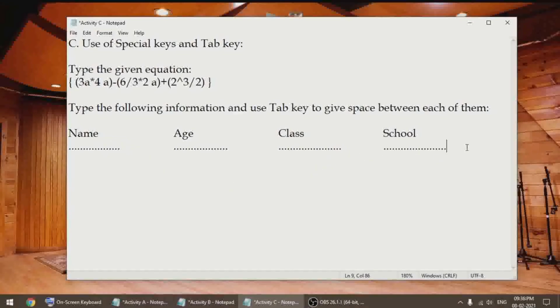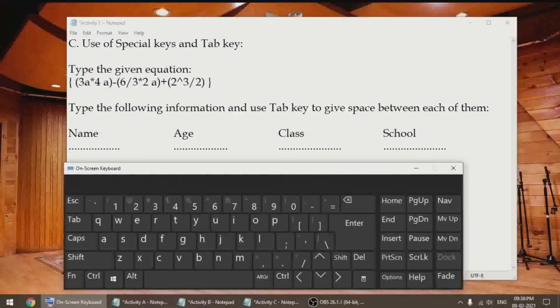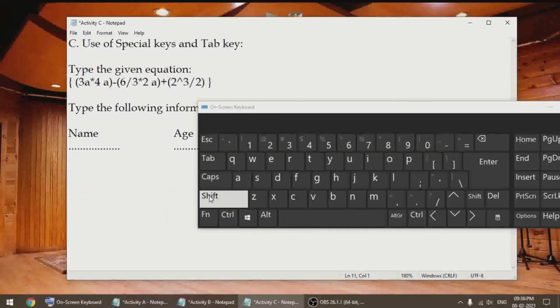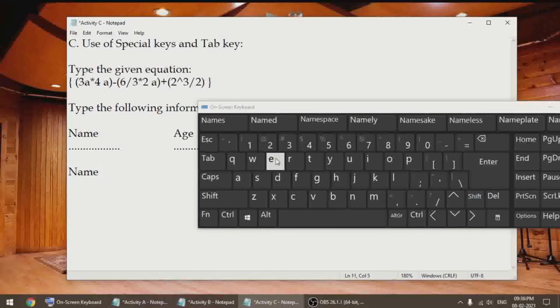Let us see what the tab button does. I'm going to press the enter key and come to the next line. Let us type the word name. Shift N-A-M-E.